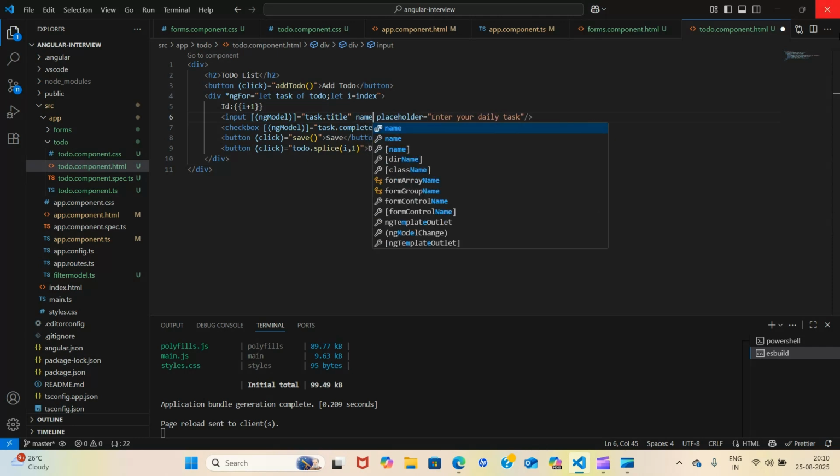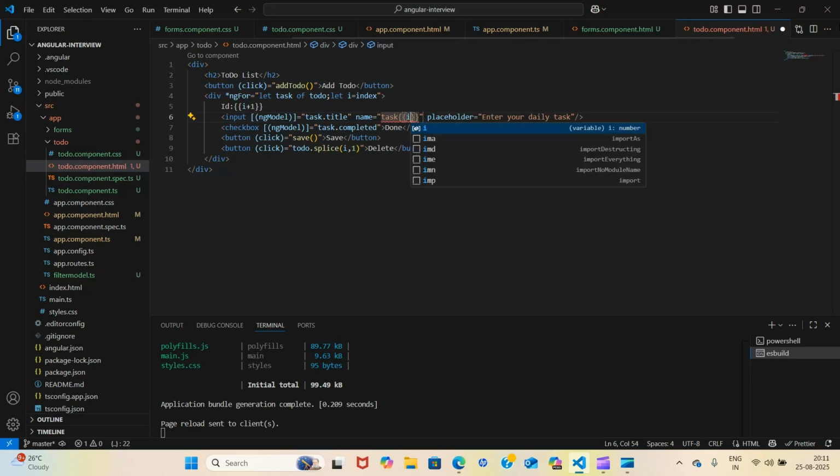So we'll use name. Suppose here I'll use task with interpolation i. Okay, so it will be different, task 0, task 1, like this. And here also we should use name, like todo.